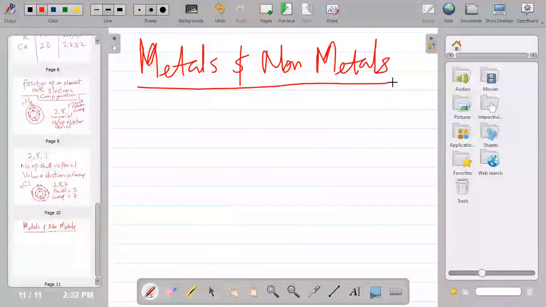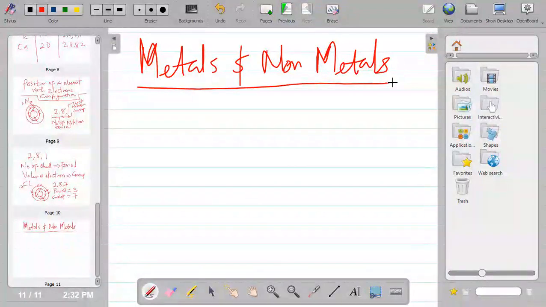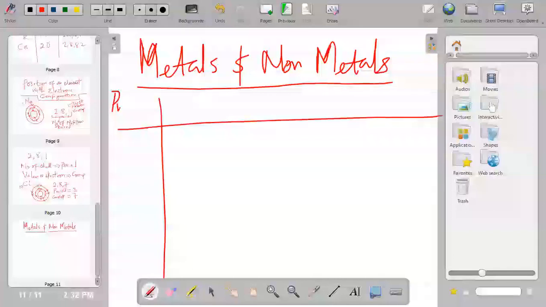Now, what are the characteristic properties of metals and non-metals? So I would like us to take a table so we can use that to discuss. So the property that we're dealing with,